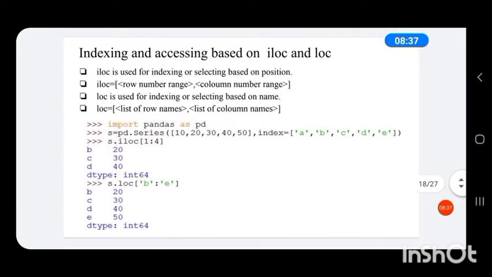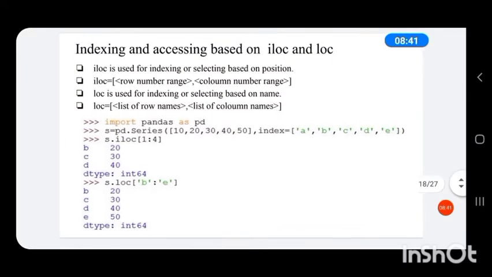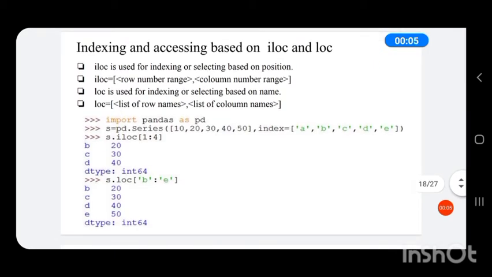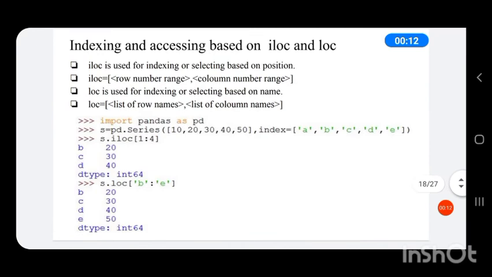Then indexing and accessing based on ILOC and LOC. ILOC is used for indexing or selecting based on position, and LOC is used for indexing or selection based on name.